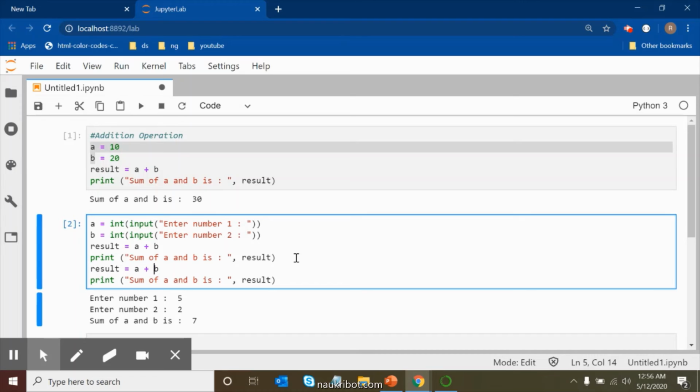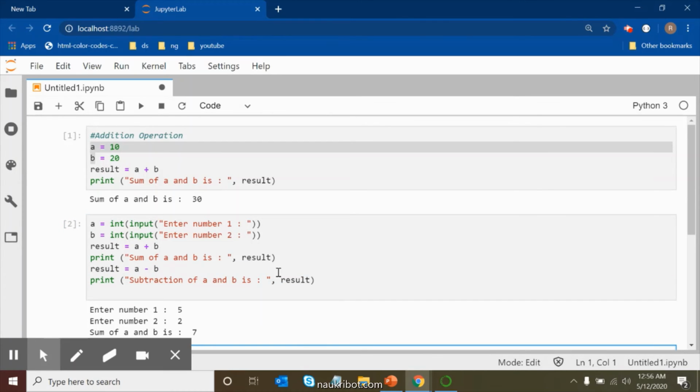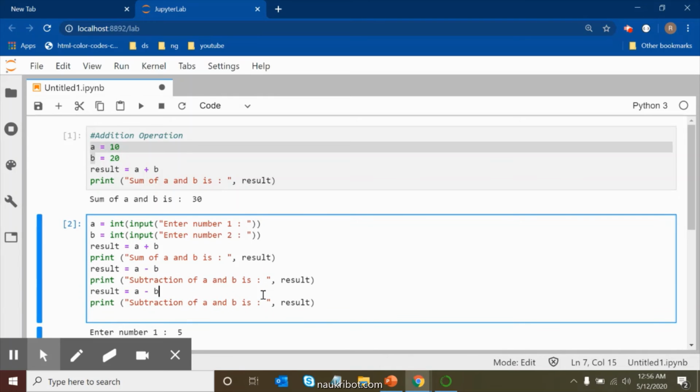So after printing the sum of A and B, again I will change the result. I will perform the negative operation. Here I will write subtraction of A and B is result. Again, in the same way I will copy these 2 lines and paste them here. Here I will just change this negative to multiplication, and I will change this text from subtraction to multiplication.